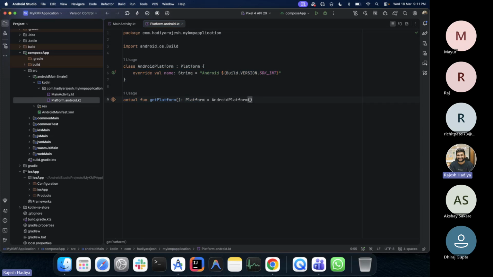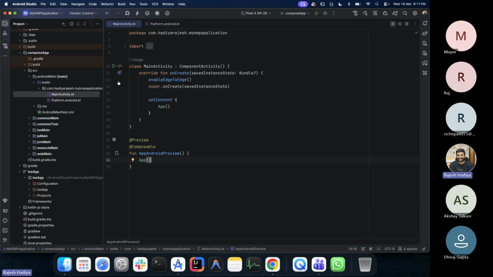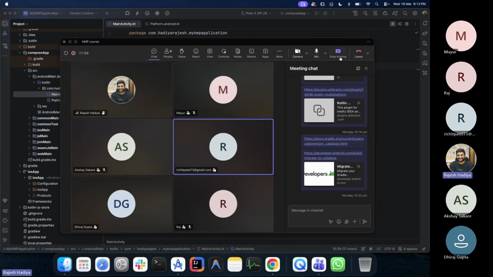इसको बाद में देखेंगे. Let's just focus on the main activity. So in the main activity, you see we are